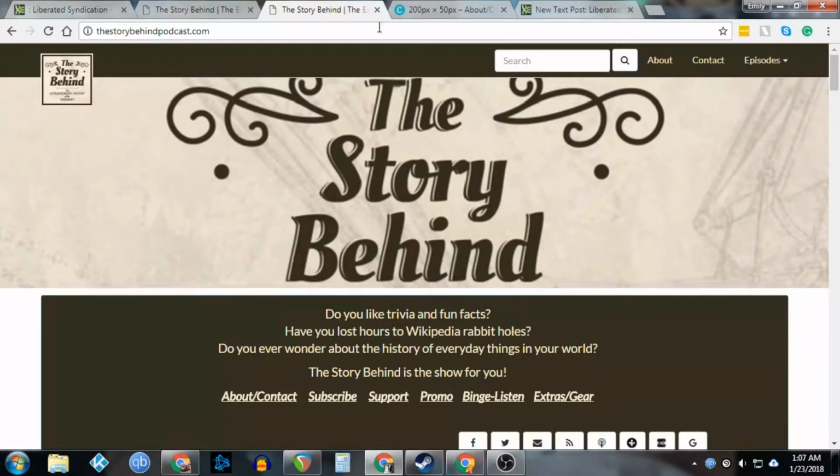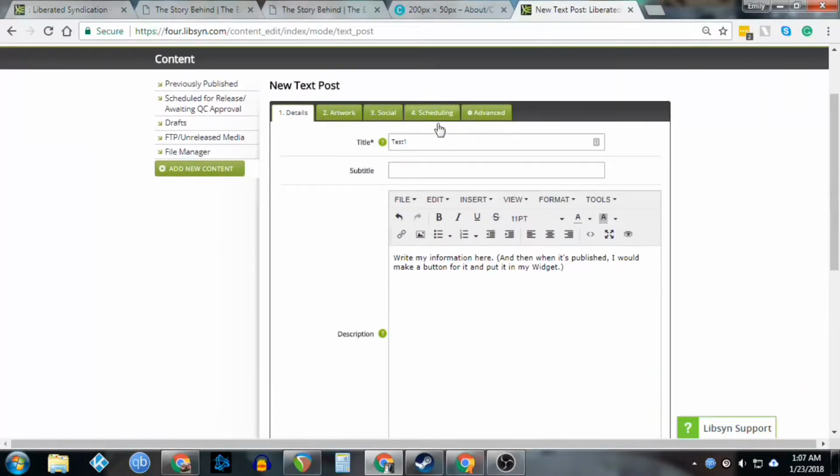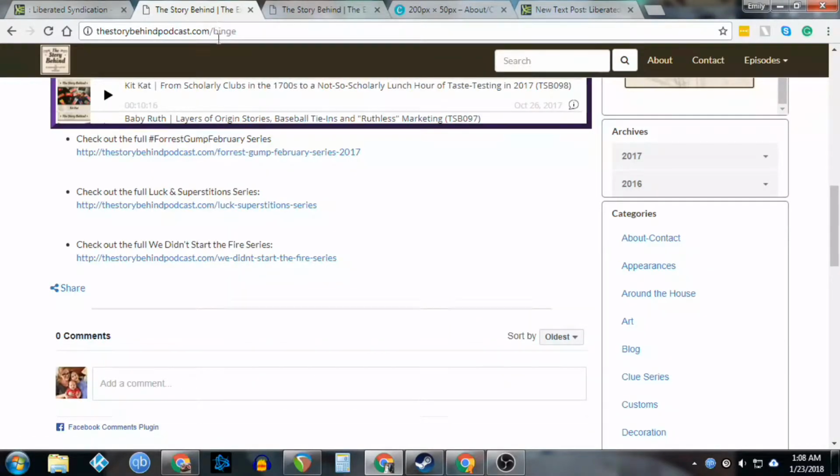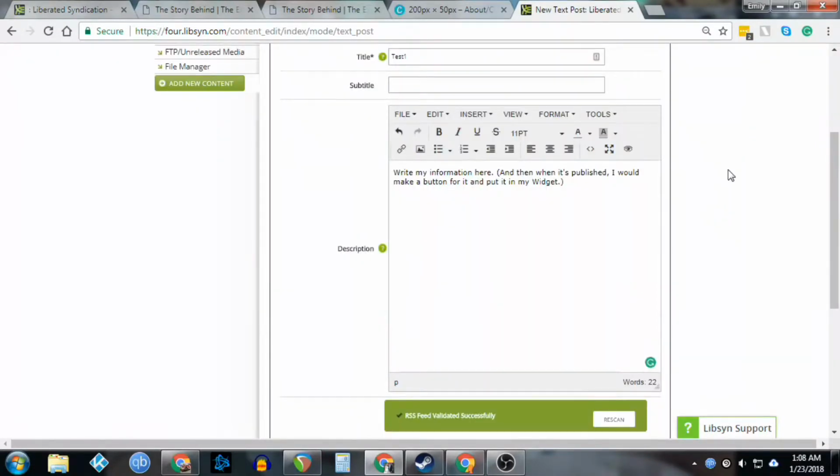Oh, one thing I should mention, whatever you put up here is what is going to be the very last thing in your URL. So it will be yourpodcast.com/ for this one, it would be test 1. Now you can change the title too if you wanted to, but if you wanted the shorter URL, you would just put test 1,